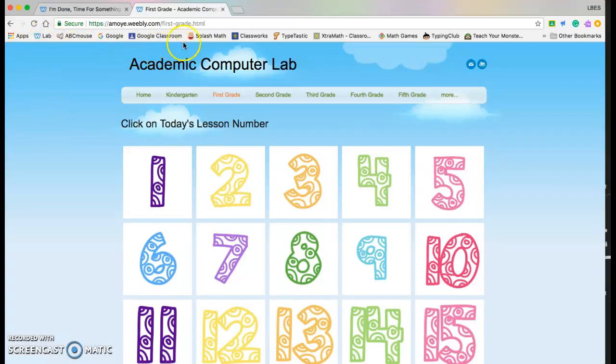This up here at the top, this is our Bookmarks bar. It has all kinds of bookmarks of places that we're going to be going to. The blue W is always going to take you to your lab homepage. There's the little mouse for ABC Mouse. We've got Google Classroom, which you'll be using more in 2nd grade, Splash Math, Classworks, Typetastic, which has all of